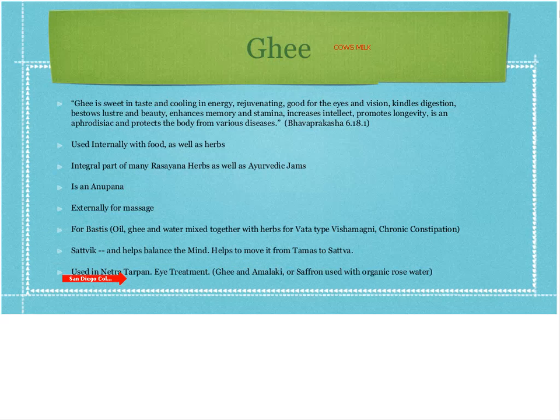And one very important Ayurvedic therapy we use is eye treatment. Somebody with very sensitive eyes, even conjunctivitis, then we take a little bit of dough made of Bengal gram or rice or wheat, and we put it around the eyes and make a little bowl cup out of it. I'll share a picture with you later. And then we pour ghee, not a little bit above room temperature, but pretty much room temperature, and sometimes mix it with amalaki